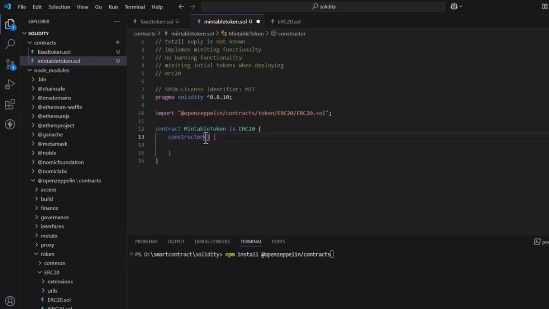The first parameter is the name of the token. Name is a string, so string memory, and I give name like this. The second parameter I want to pass is a symbol, so string memory, this is storage, and